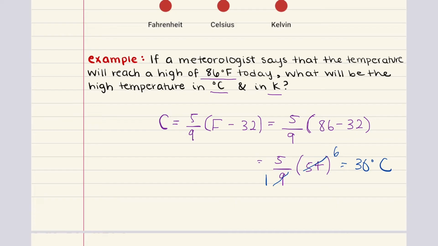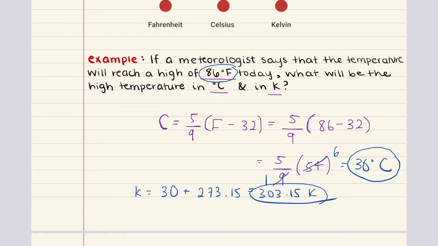We know that our temperature is 86 degrees Fahrenheit. We were able to convert that to Celsius. It's equal to 30 degrees Celsius. What about what this temperature is equivalent to in Kelvin? In order to do that, all we have to do is take our temperature in Celsius and add 273.15 to that value. This is going to give us 303.15 Kelvin. So 86 degrees Fahrenheit is equal to 30 degrees Celsius and equal to